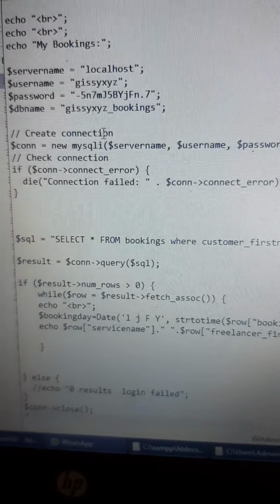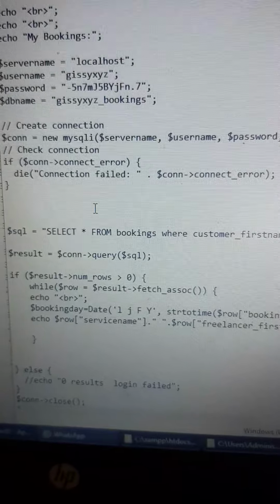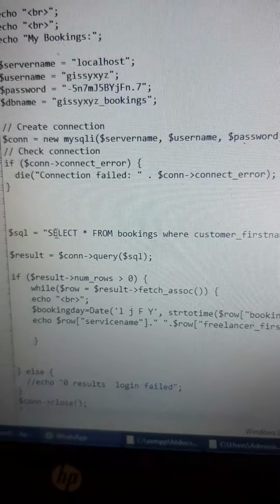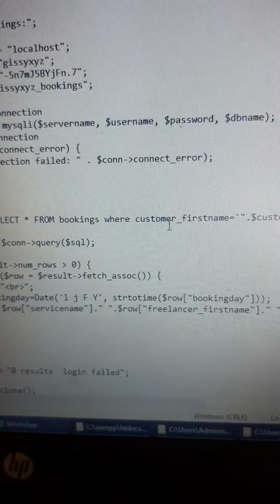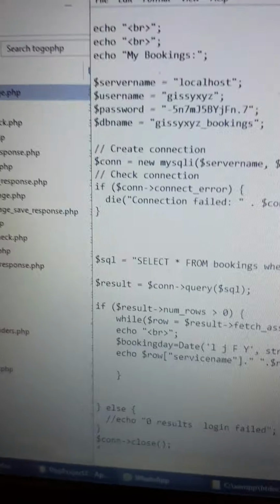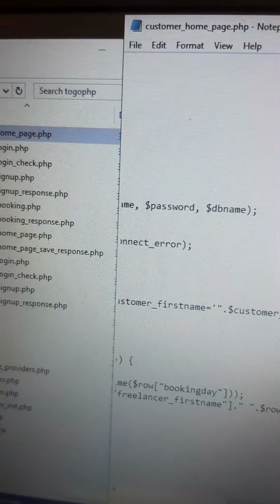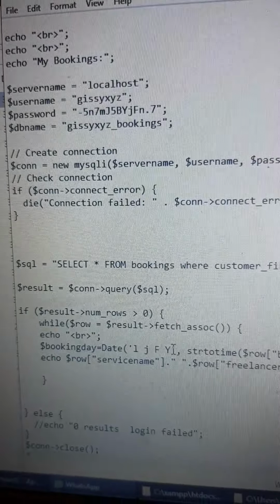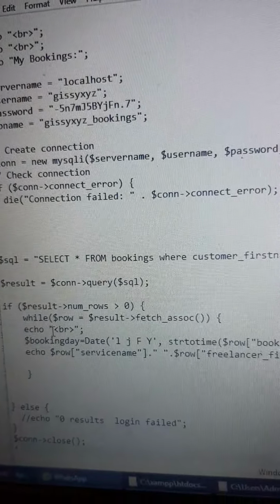You're creating your SQLs. You're connecting to the MySQL database, and then you're going to use another query to select star from bookings where the customer first name is first name and customer last name. Okay, so we have to query it, right? And once we get the results back, then we will